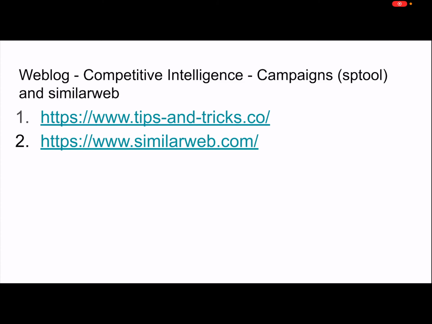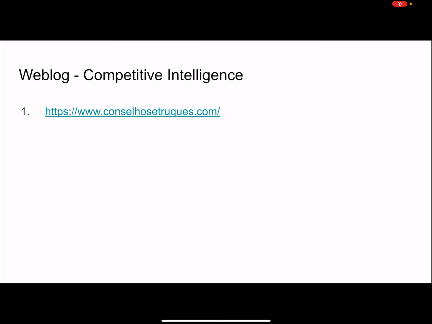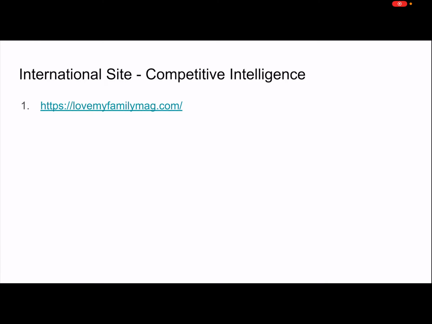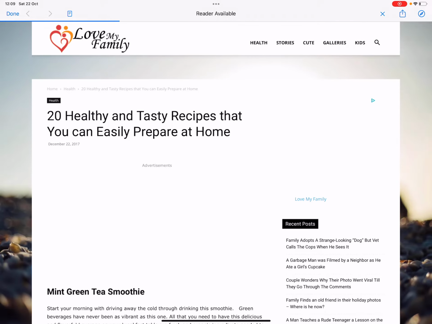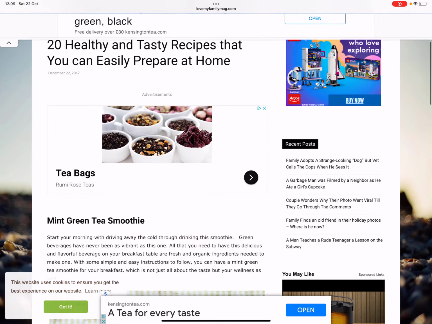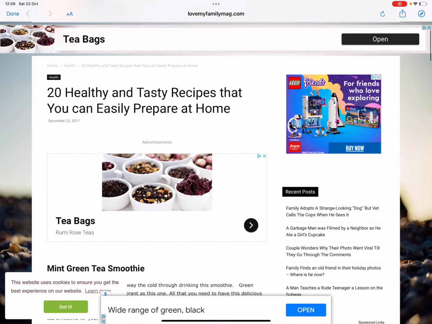So we've covered the websites and how to find the campaigns. We've covered the size of this opportunity in the market. It's massive, it's huge. It's something you have to get into quickly while you have the opportunity, because it's just going to grow bigger and bigger as more people get involved. I've kept the secret to myself and I'm only revealing it now. So here's another website. Again, you can see the AdSense ads, you can see the content, and how it monetizes the traffic.